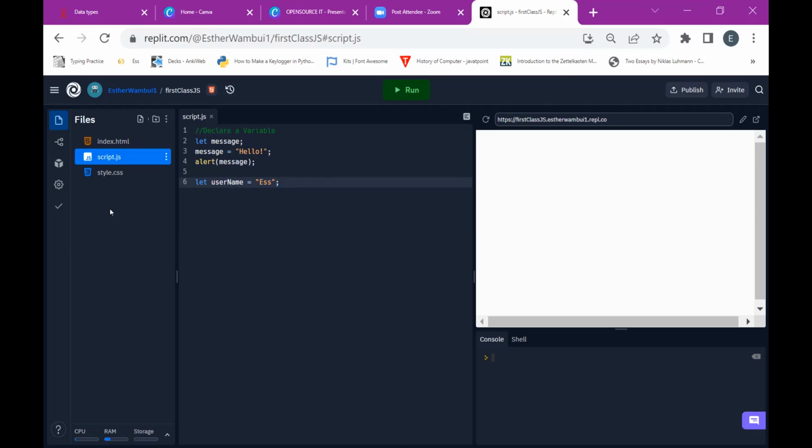So my box of username has S. Sometimes you might find that S decides to change her name, so the variable changes. Now we say username becomes something else. S said, no, I don't want to use S anymore, it's boring, so let me just use my name. So S changes her name to Esther. Let's see, when we alert